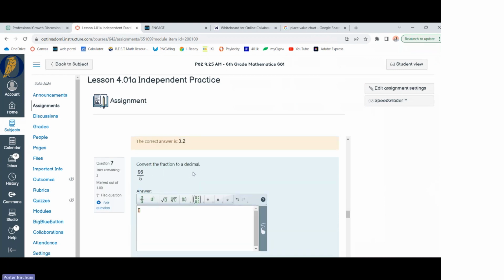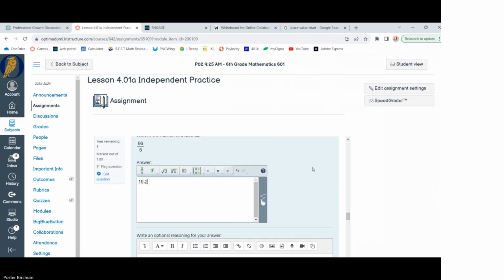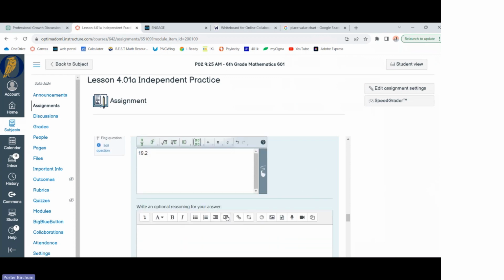Question 7. Convert the fraction to a decimal. I'm going to do the top number divided by bottom number strategy. Top number divided by bottom number. 96 divided by 5 is 19.2. Another way to do this kind of problem is